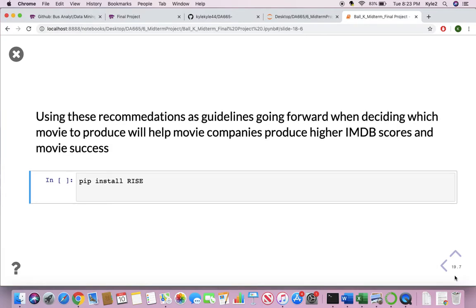To rehash, putting yourself in the best position as a movie company or producer is just using what these models predict and what these variables deem important. It doesn't necessarily guarantee success, but it gives you the best chances and odds of success when it comes to IMDB rating and score. Using these helps you focus your resources and helps you do better and hopefully be more